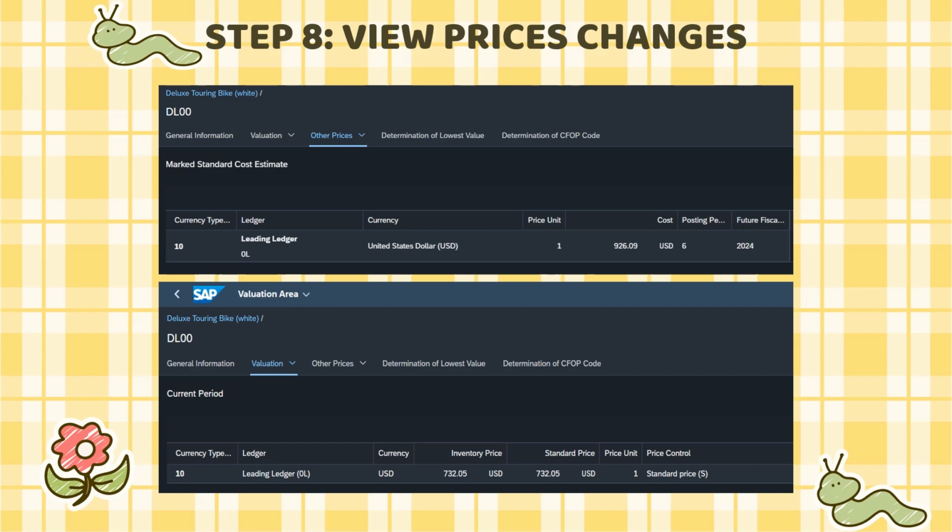In step 8, I review the plan price. The material master record shows the plan pricing for the deluxe touring bike. This helps compare the plan to the current price. As my cost estimate is different, the current price is also different, which is